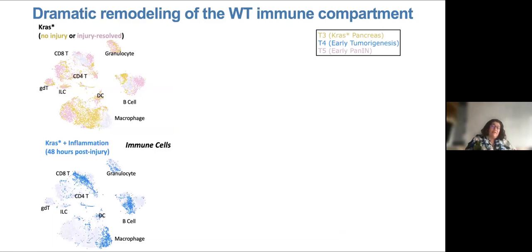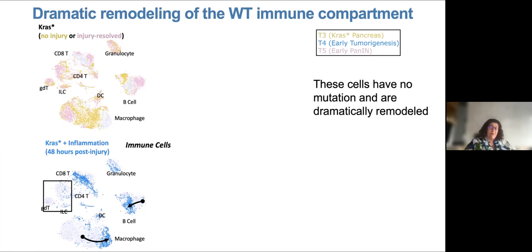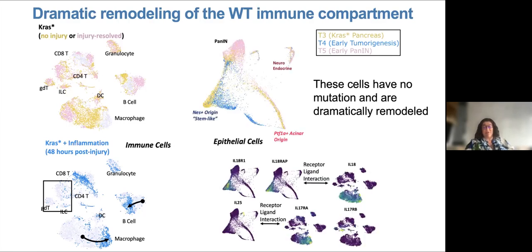Quick look, we also collected the CD45 plus immune cells, and we see that even though these cells are 100% wild type, the KRAS mutation was only in the pancreatic acinar cells, we see huge shifts in both the myeloid and in the T cell lineages, and cell states accumulate and deplete, and really a massive remodeling of the immune cells even a day or two after injury. And we see a lot of differences in the receptors and ligands that are expressed in this data set. So we decided to look at the receptors and the ligands and the communication modules a lot more systematically.